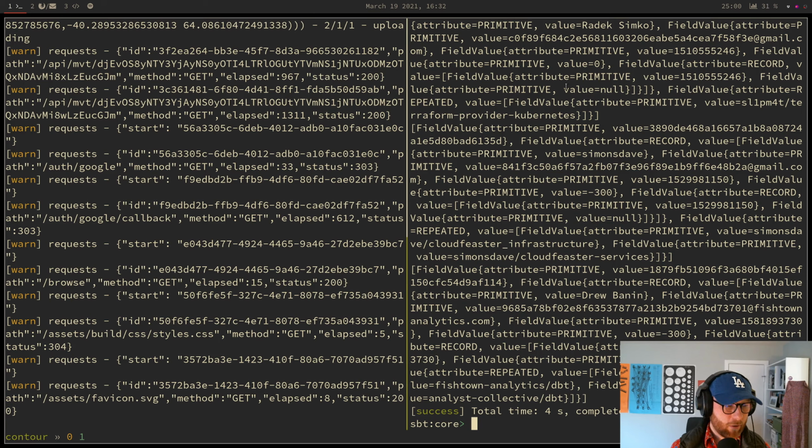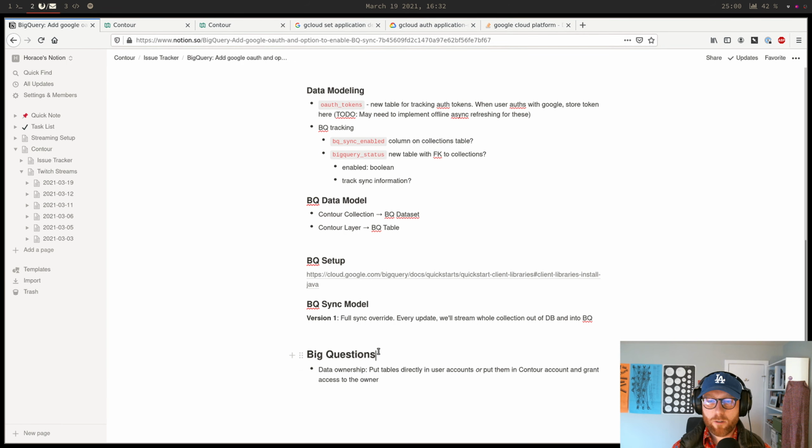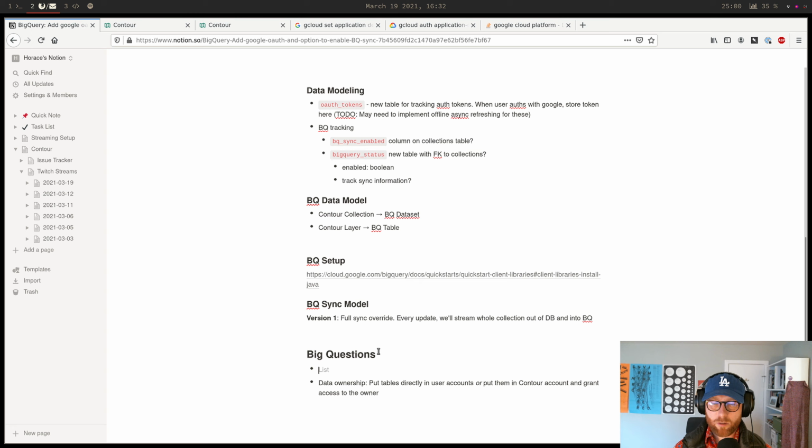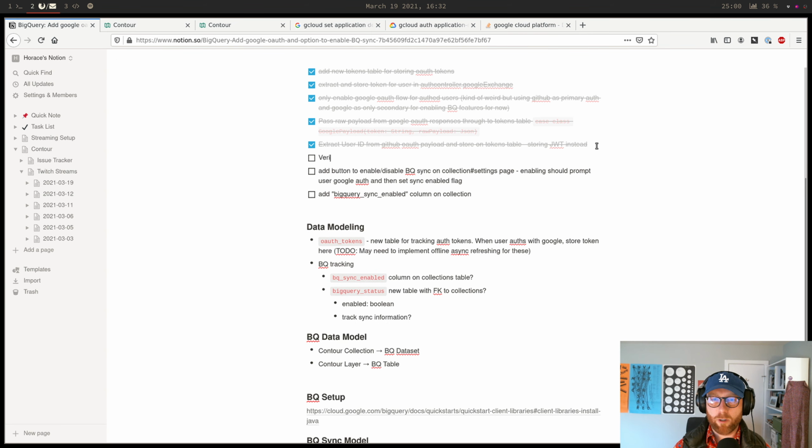So I guess some of my big questions are, maybe I don't know, what to put this in a task or whatever. I'm not sure. I have to decide if I want to play around with the query side first or with the syncing side first. And both of them involve one of the things I still need to verify,